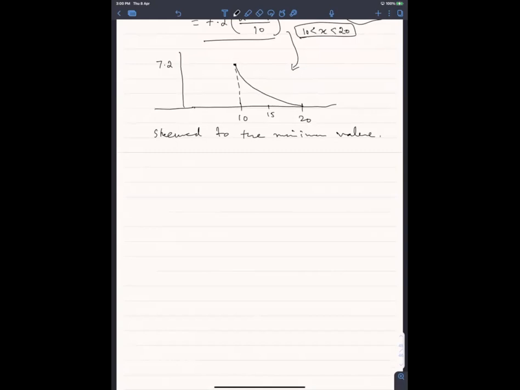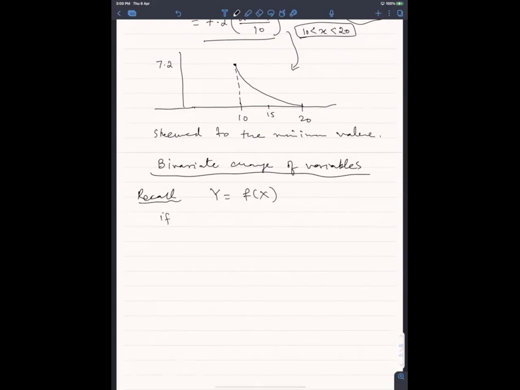So now I'm going to do an extension of a topic जो हमने single random variable के केस में किया था, and this is called the bivariate change of variables. इसका क्या मतलब है, इसका मतलब है कि रिकॉल करें कि आपके पास y is equal to fx ये आपके पास एक सिंगल रैंडम वेरिएबल का केस था। If PDF of x was given, ठीक है, we were able to find the PDF of y।